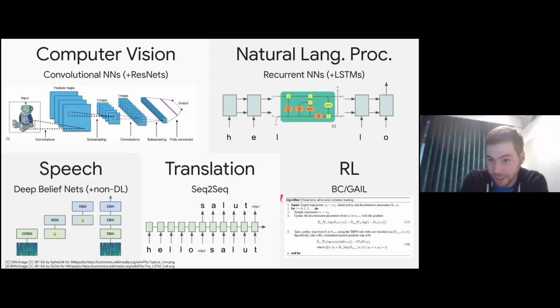Yeah, and then there is RL, where the architectures are usually kind of, I don't want to say ridiculous, but tiny and not engineered at all. And it's all about the learning process around it. Maybe recently, or not that recently, there was GAIL and behavior cloning that kind of picked up a bit of steam, which is offline RL. And so this offline RL is more similar to classical supervised learning, where you have your data set and try to learn something. And for example, GAN-like things became popular there for GAIL. All right, so the bottom line is very fragmented, everybody with their specialized architectures that make sense for their tasks, and that's about it.